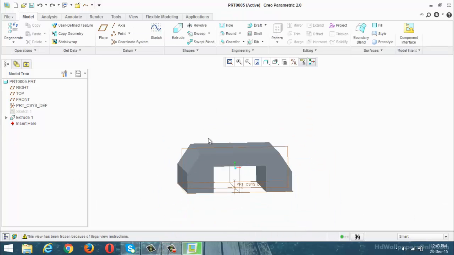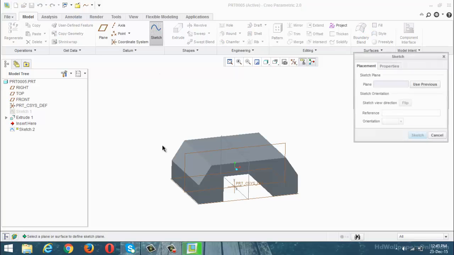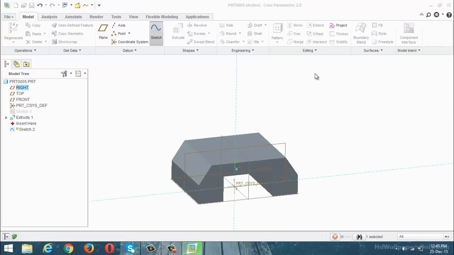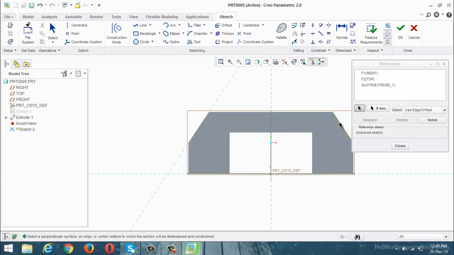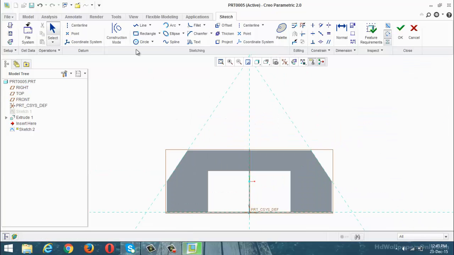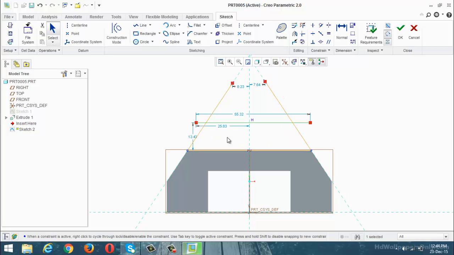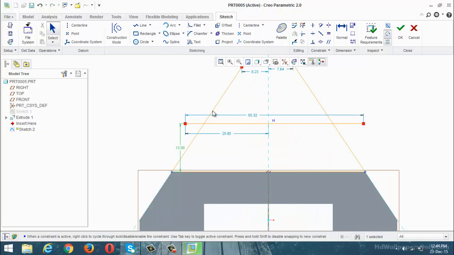Now again how to design that one? Sketch, just here. Set it to sketch view. Just activate the references, this one and this one. Now I am going to design. Just apply the project, this one. Now I am going to design one line in this direction. Again same thing in this direction. Okay. Now I am going to design one line. Now what is the height of this line? 15. Now I can change this one to 50. Then you can apply the